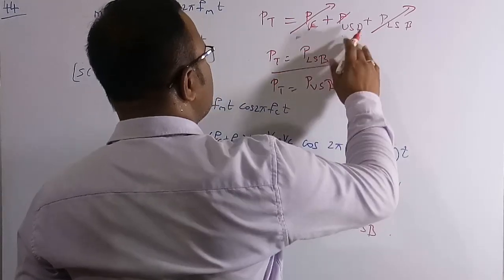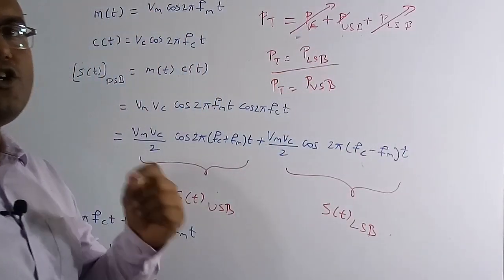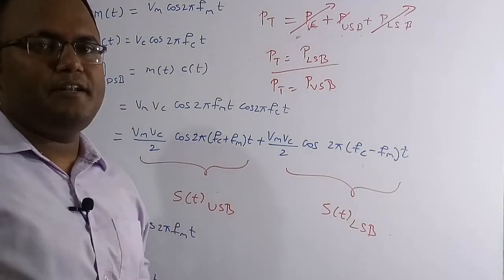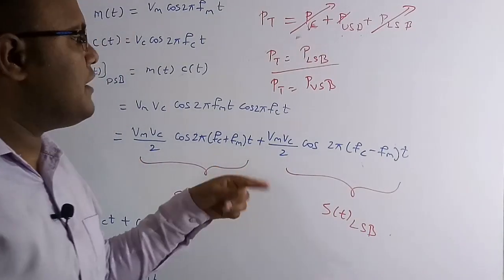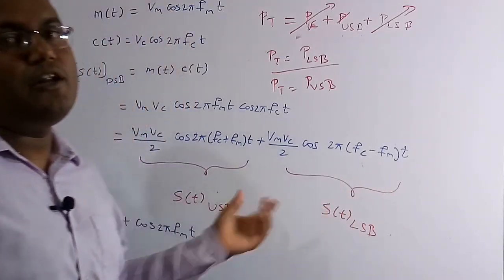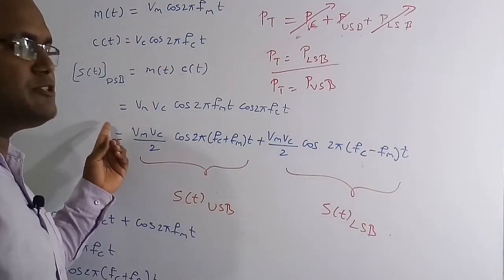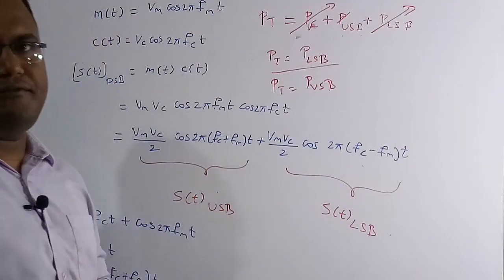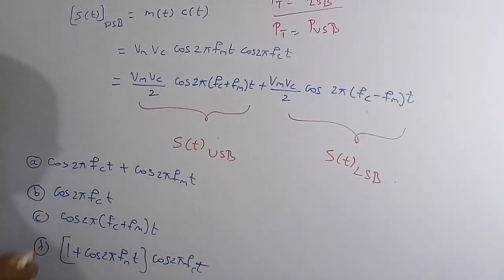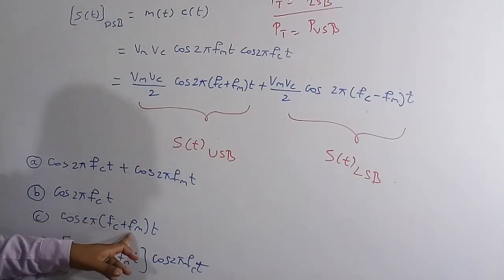So out of these two terms, one term is removed, so the other term we are going to get is called a single sideband. In this single sideband, either we can get FC plus FM or we can get FC minus FM, but not both as in DSB; individually they can only have FC plus FM or FC minus FM. So in the options, if you see carefully, there is no term like FC minus FM. There is only FC plus FM.